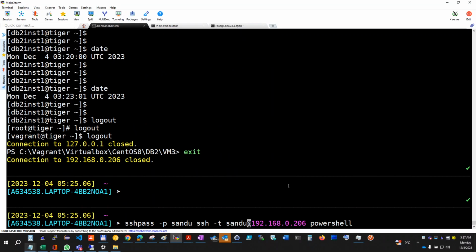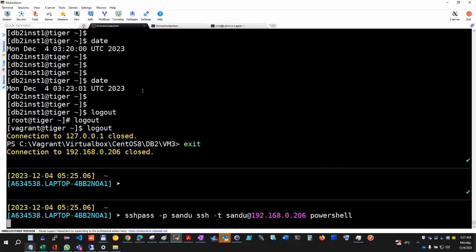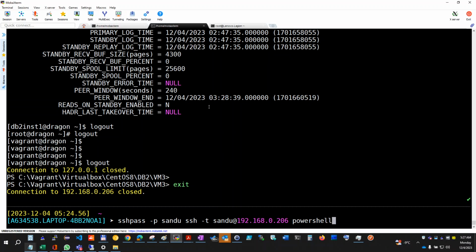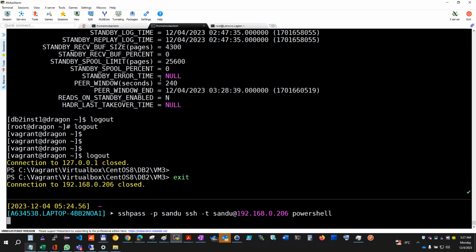In order to connect on Windows and to have PowerShell, we have to specify PowerShell in the end of the command. So I'm connecting with PowerShell from Windows 10 to Windows 11, doing the same twice on the same